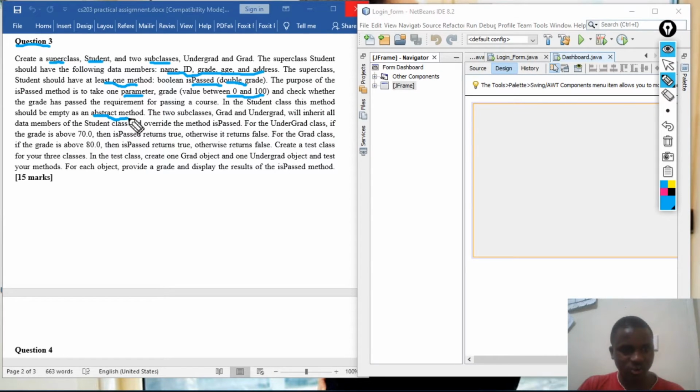Okay, we have another new term here, which is called abstract method. Here in Java, you have to know that an abstract method is just a method without implementation. You are just going to create it, but it is not going to have an implementation. And you have to know that whenever you put an abstract method in a class, automatically that class is going to be an abstract class. If you are not understanding what I'm talking about, I think you have to do further research about abstract classes.